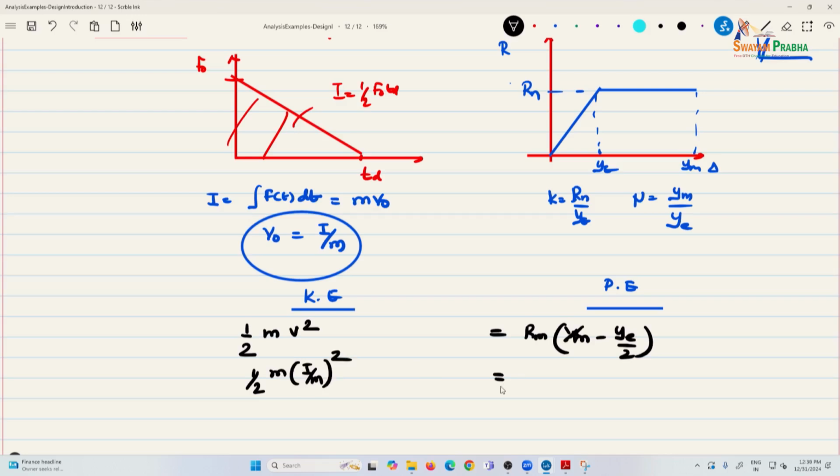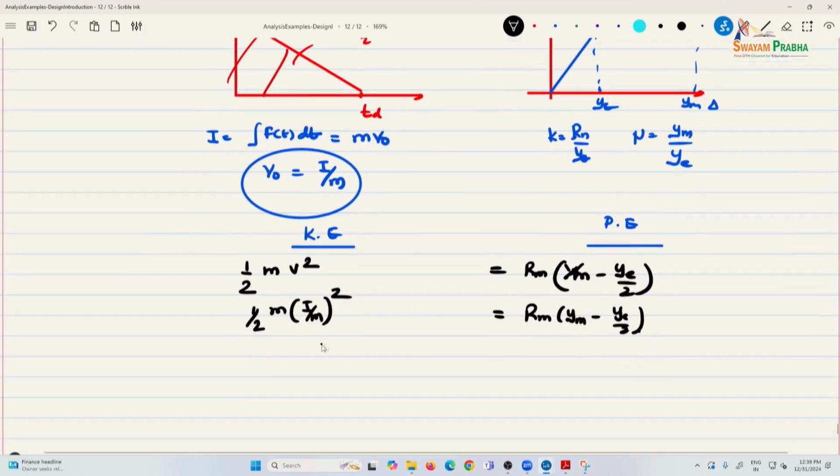You saw the first equation that I proposed, we did one example. It's based off of the same principle. Rm Ym minus Ye by 2. So the left hand side comes to I square. If you see the expression, we had I square by 2 KLM multiplied by m, of course, in the first problem. Same, it comes from here. So now